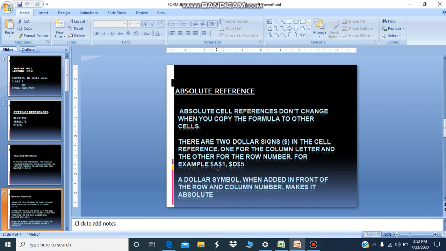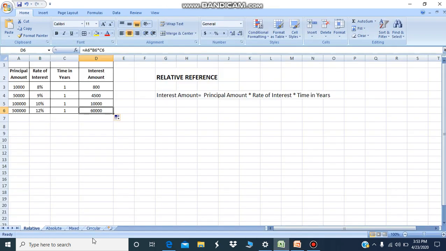Basically, this dollar sign is used to lock the relevant specific column or row. It just locks it down. A dollar symbol when added in front of the row and column number makes it absolute and makes it fixed. This value does not change, while the value or column or row which does not have a dollar sign has a relative reference.